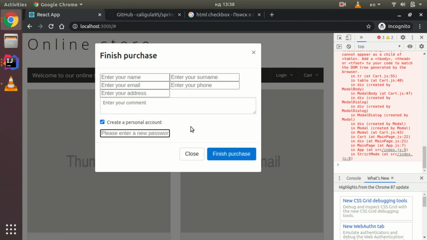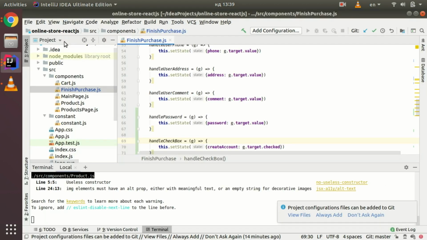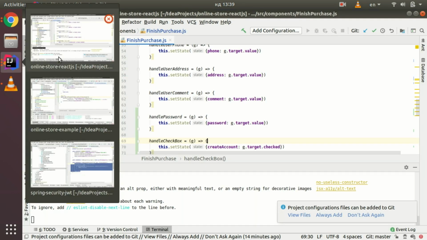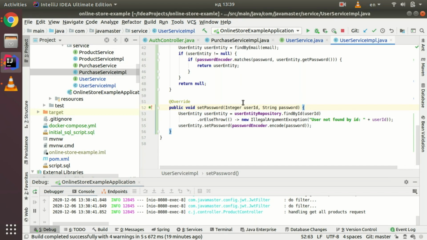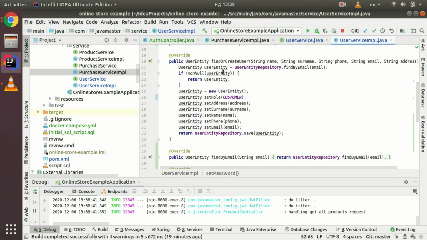we can just create him a personal account. In the best scenario, we need to send an email to the user to confirm an email, or send an SMS to confirm the phone. But now we just create a personal account and make it active. So we navigate to the online store and say,